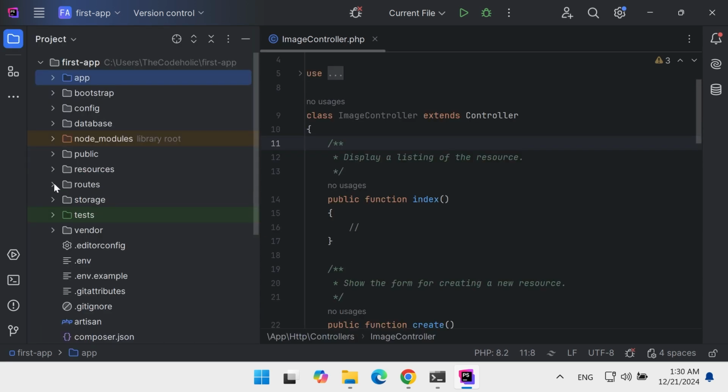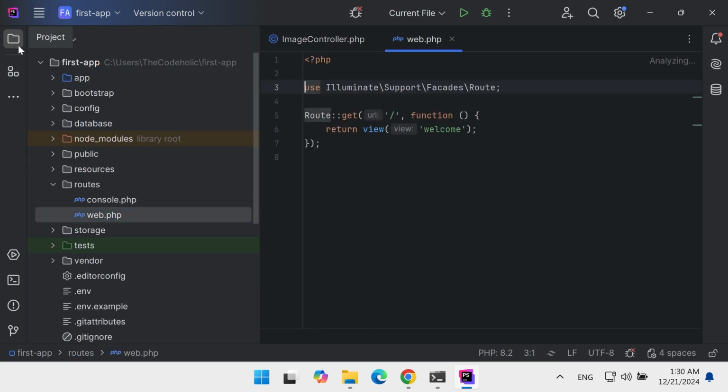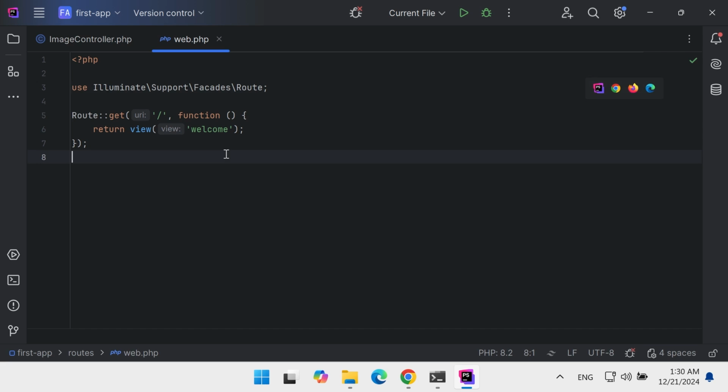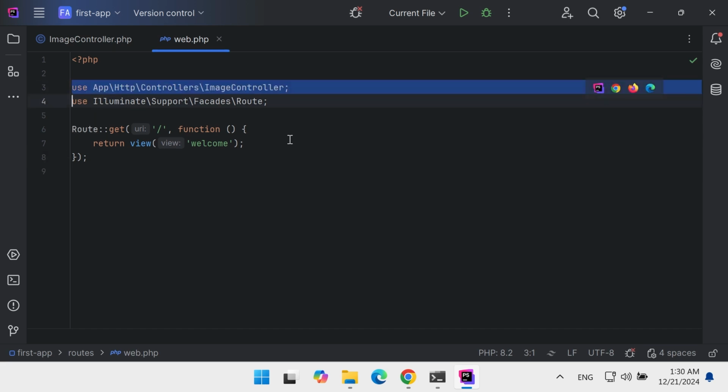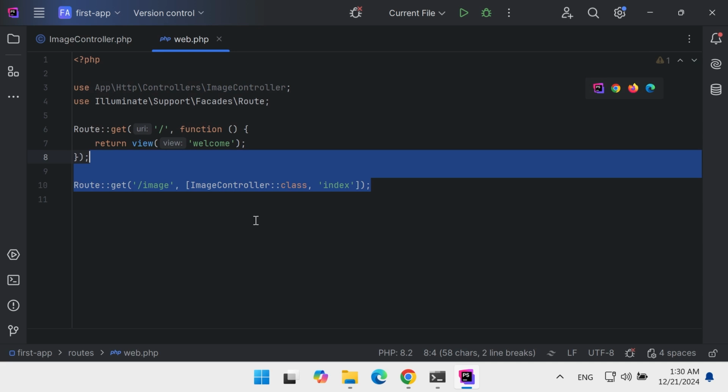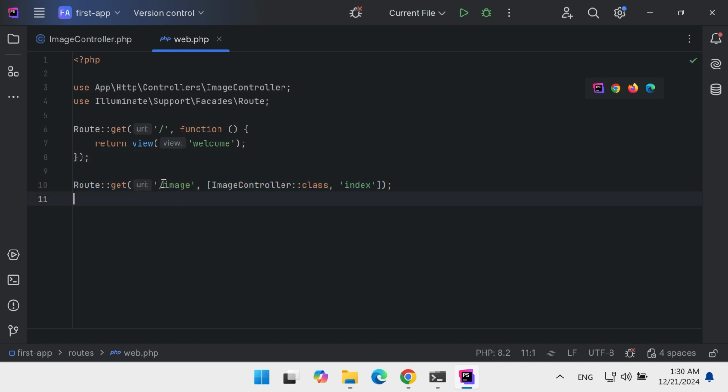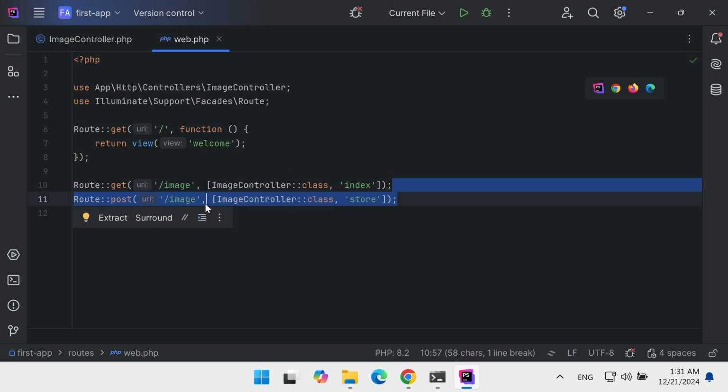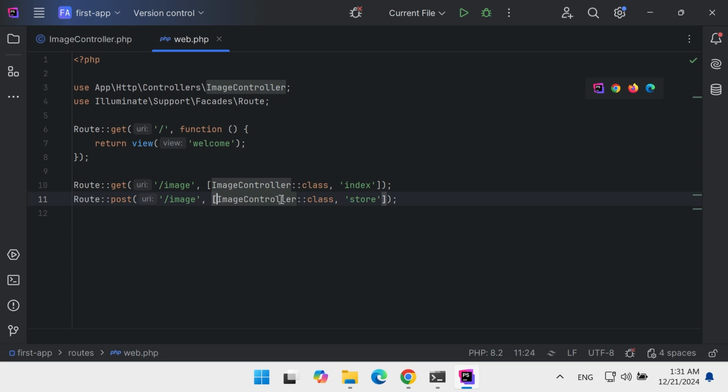First, let's open the routes file located under the routes folder, web.php, and define 3 routes for our functionality. So first, I'm going to import the image controller right here. Then I'm going to define a get route to list all the images, and we're going to use the image controller's index method to render that information. I'm going to define a post method on /image, and I'm going to use the store method of the image controller,